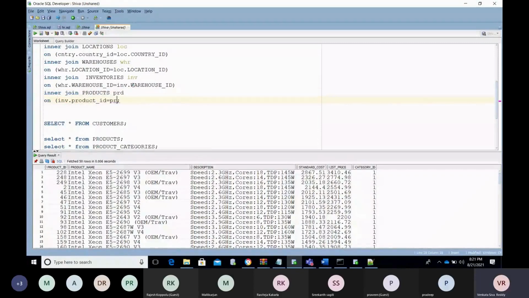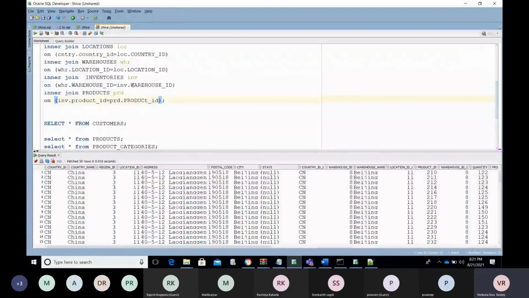Okay, now you have the information with the product ID and the product table. The product table has a relation with the inventory table, so you have the inventory information along with the product information. Now you can join with the order items. Order item has the product ID.